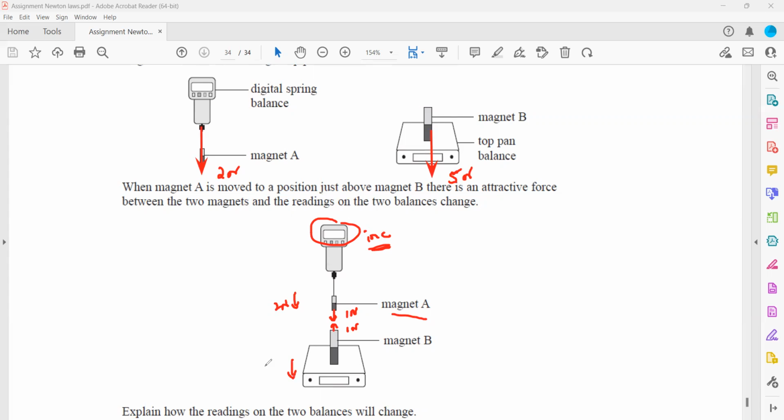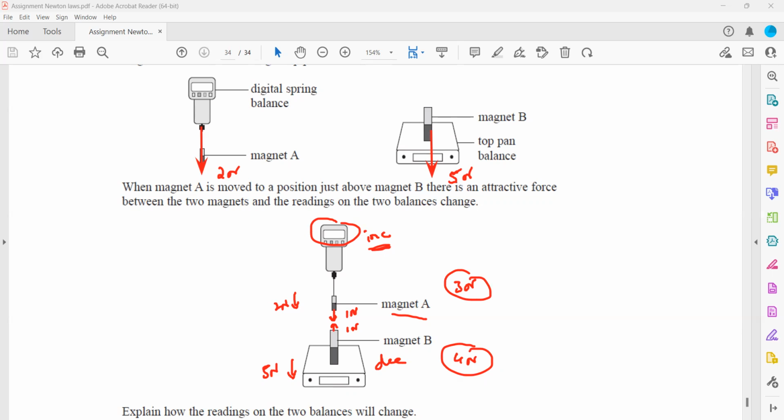There's a weight of 5 Newtons acting downward and an upward 1 Newton because of the magnetic force of the magnet. So there will be a 4 Newton resultant force. Here, the resultant force is 3 Newtons. So that's why the reading on the digital spring balance will increase and the reading on the top pan balance will decrease. So you have to write in a systematic way,